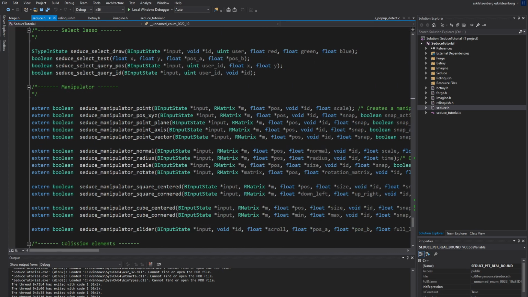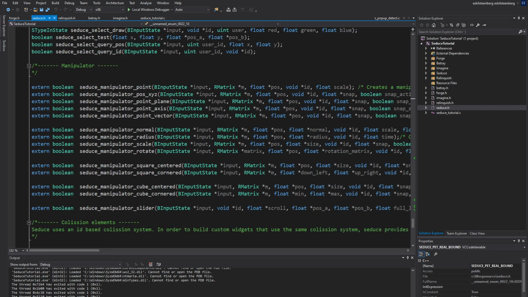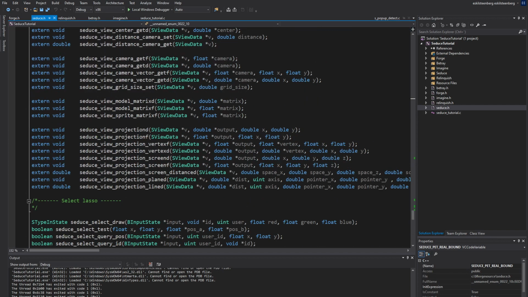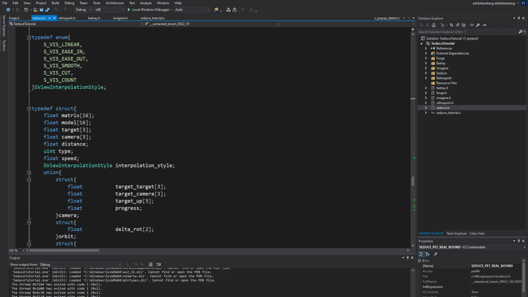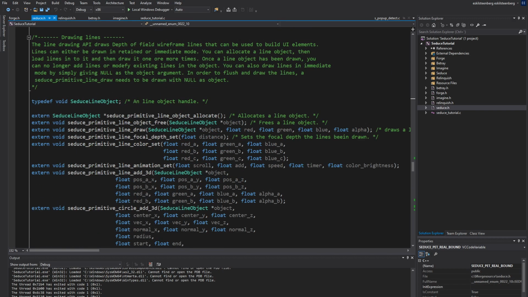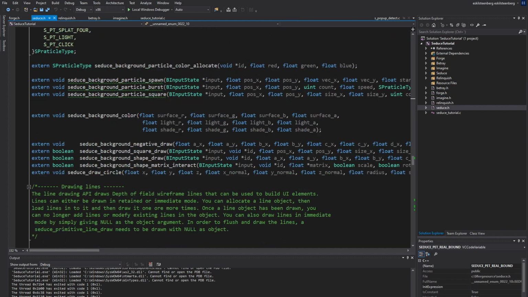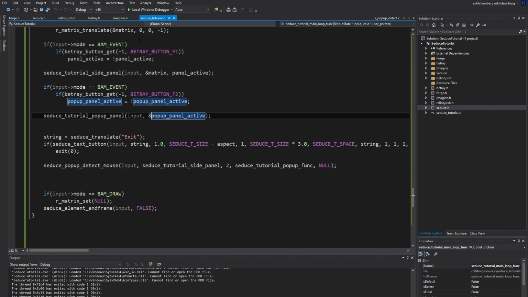No. There's a function called something. Let me figure this out. Oh, I think it's somewhere around these. Draw shape. Here we go. Background shape matrix interact. We can do this thing. Okay, so what we're gonna do